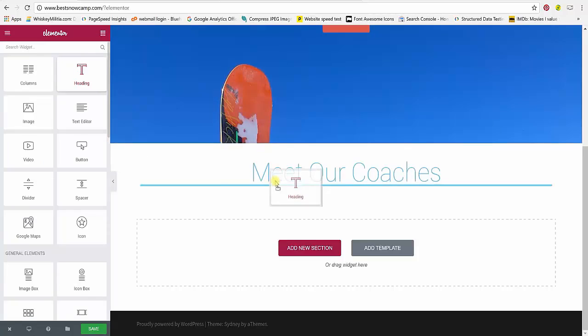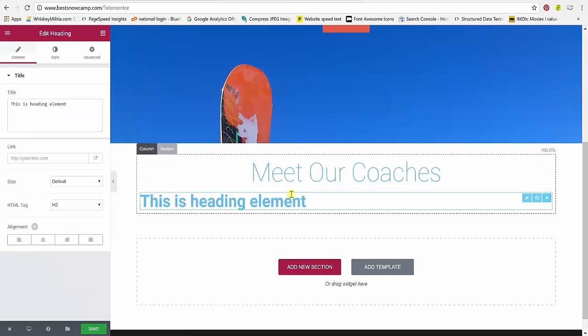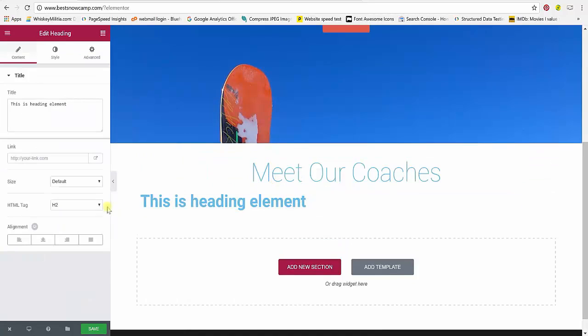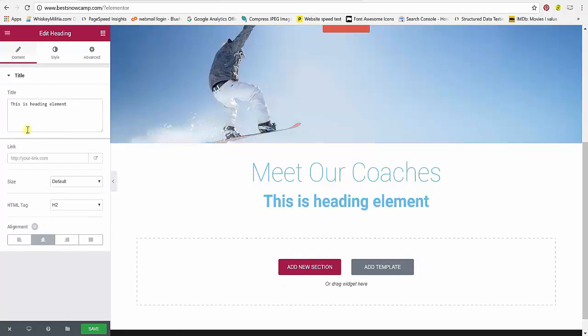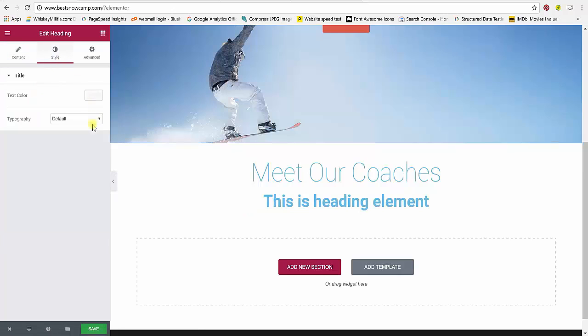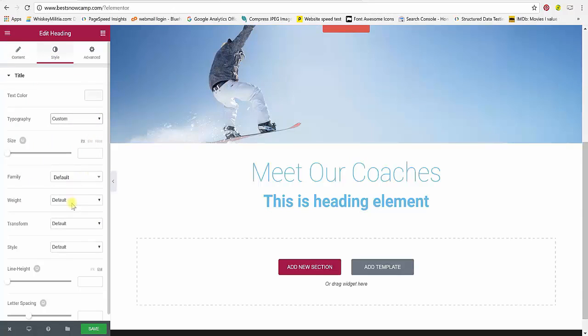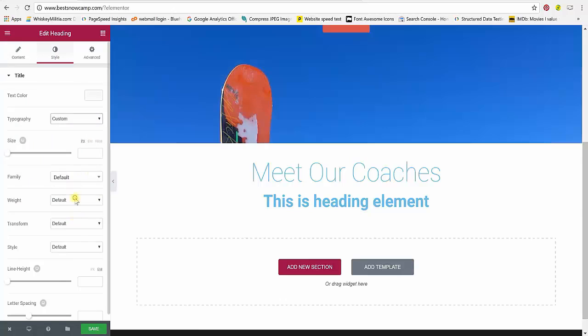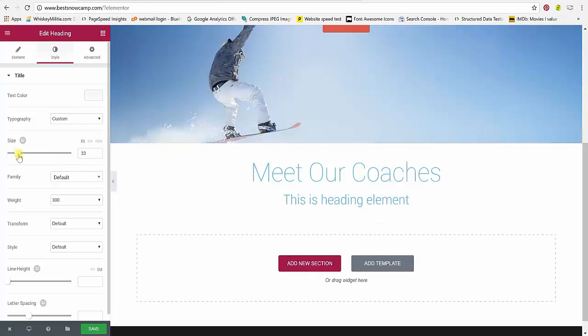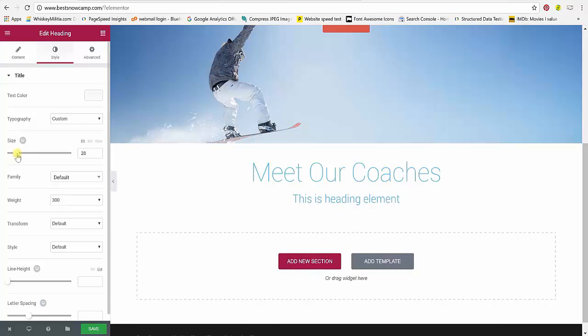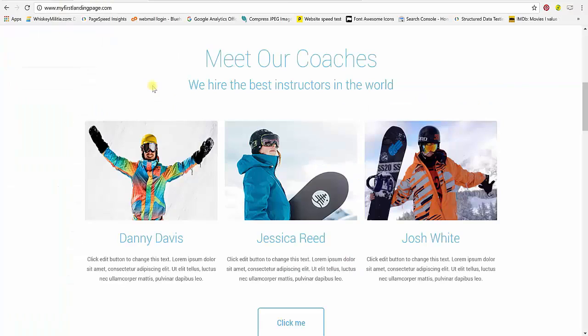just underneath the title that we have created. Okay, so first thing that we need to do obviously is to center it. So I'm going to click on center, and I'm going to choose the style tab, and I'm going to choose custom, and here I'm going to change the weight to 300 this time. Alright, now I'm going to make the size of the subtitle just a little bit smaller. There you go. And I'm going to copy the sentence that I have on my demo site